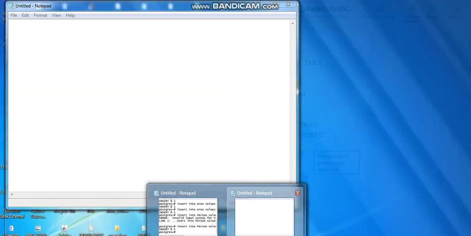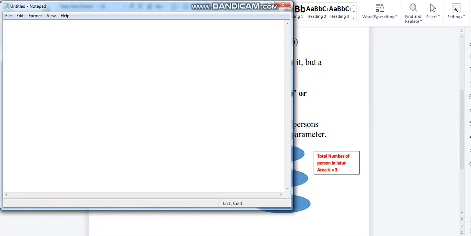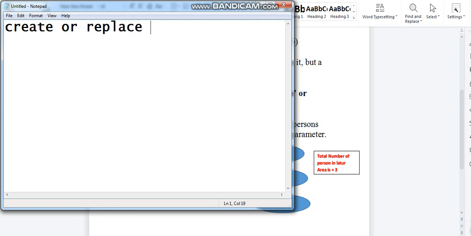I will write the function in the notepad. I hope you will understand how to write a stored function. Create or replace: create is the keyword used to create a function, and replace is used to modify or replace an already present function in your database.